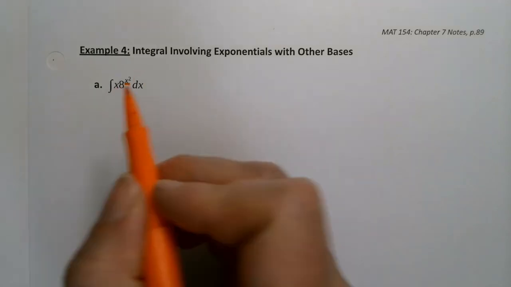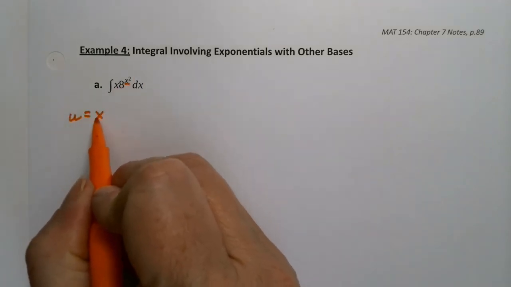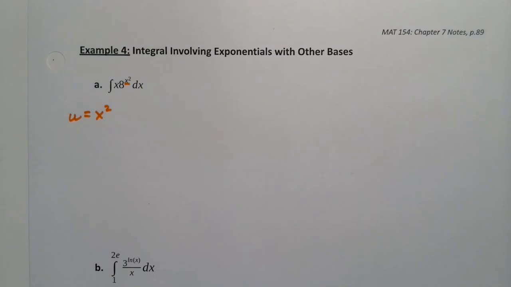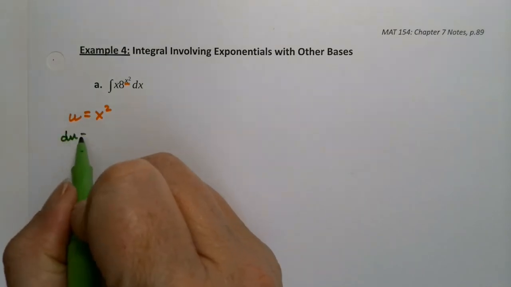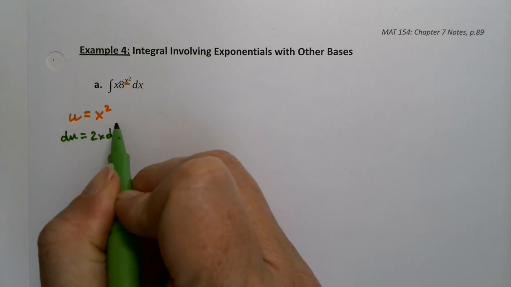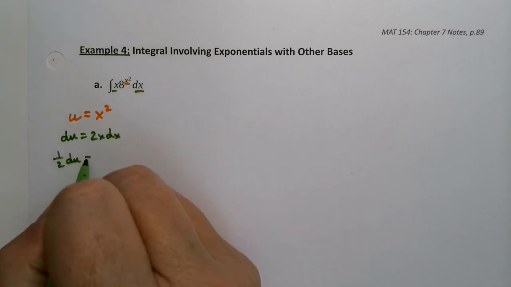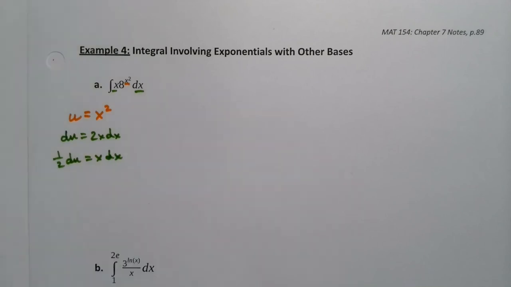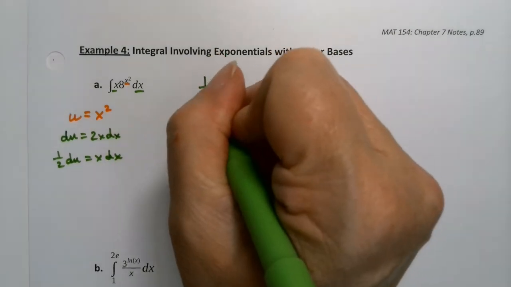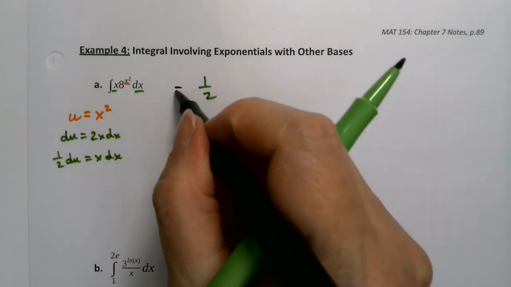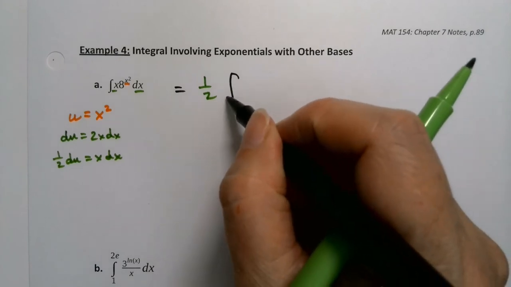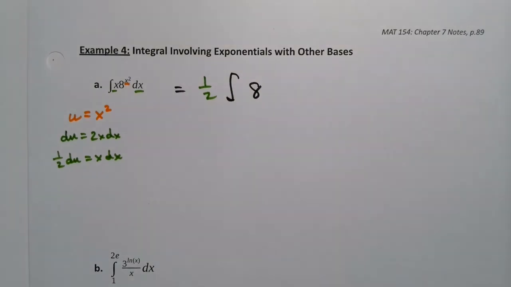So u, rather obviously, is screaming out to me that it's x squared. du would be 2x dx. Well, I want the x and the dx, but I don't want the 2, so it's a half du is equal to x dx. And that means when I rewrite my integral, it's 1/2 integral 8 to the u du,